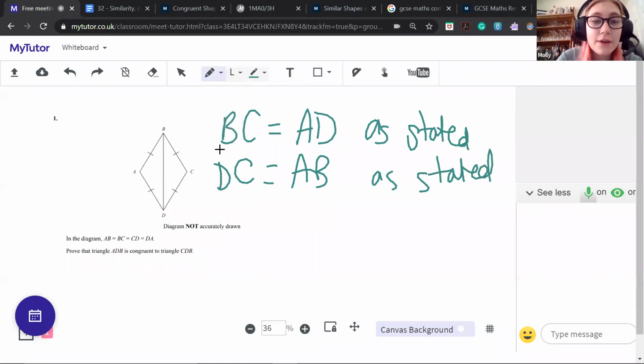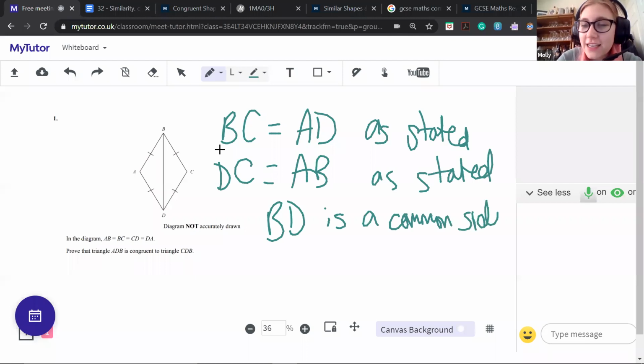Well, that's the same. So then we just say BD is a common side, or a shared side, one of those two words. And then we say therefore, so these 3 dots in a triangle, bit of maths notation for you, this means therefore. Basically, mathematicians say therefore a lot, and we can't be bothered to write out that whole word, so we just draw some dots. So if you see me writing this, this means therefore. And if you write this in an exam, your teachers will know what you mean as well. This is a universal notation. So therefore,